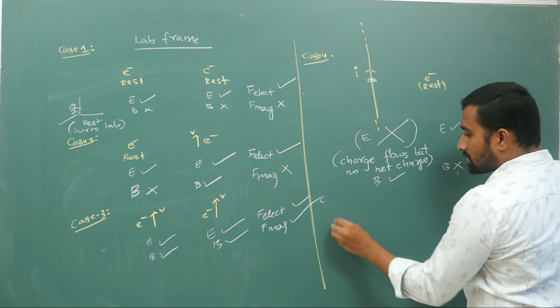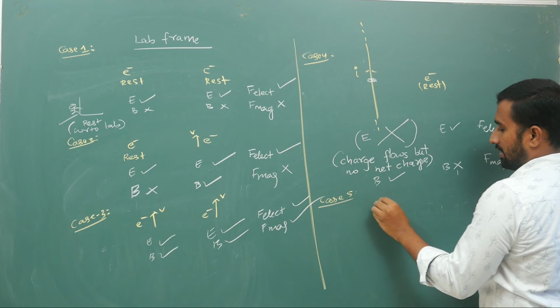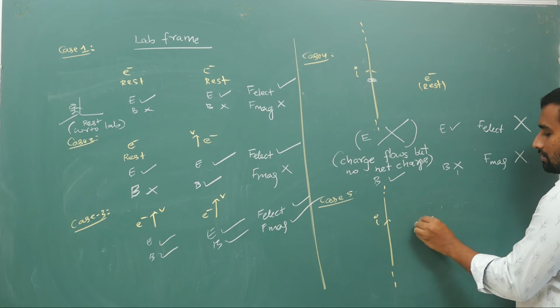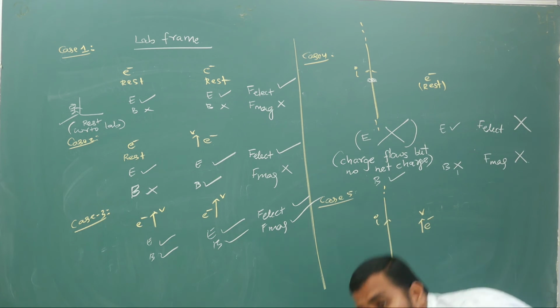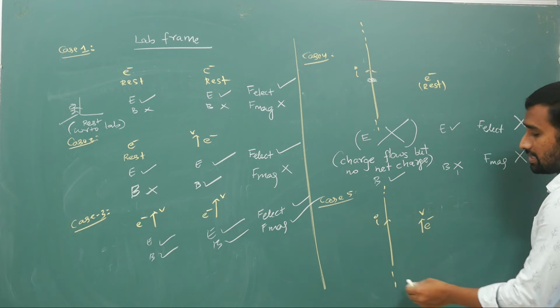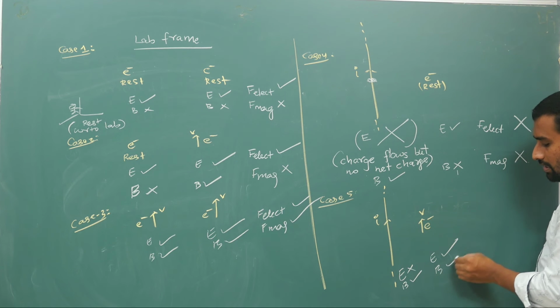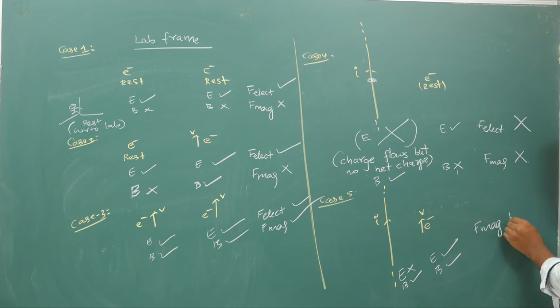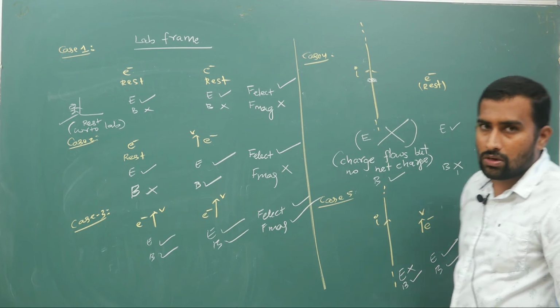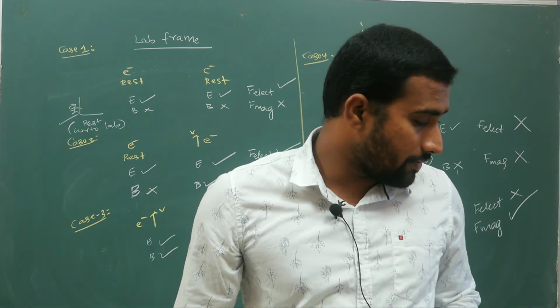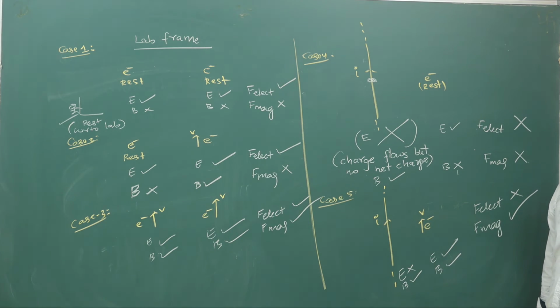Now one more case, case 5. If I have a current carrying wire like this, and an electron that is moving with some speed v like this, what happens in this case is there is no electric field here, but there is magnetic field here. So here there is magnetic force but there is no electric force. So often we keep talking of electric and magnetic forces. Hope you have understood when which kind of force is present.